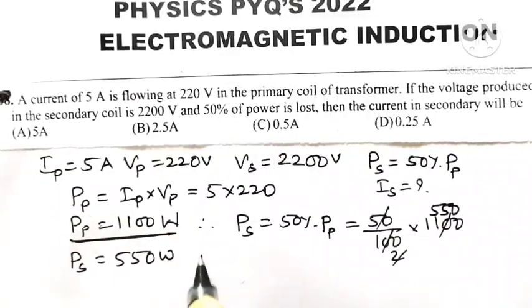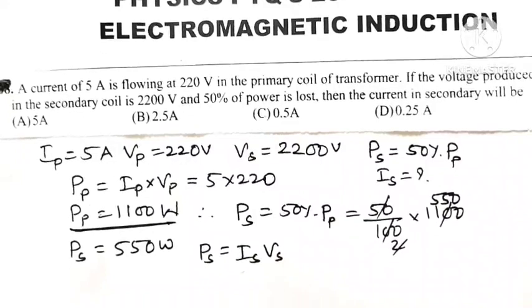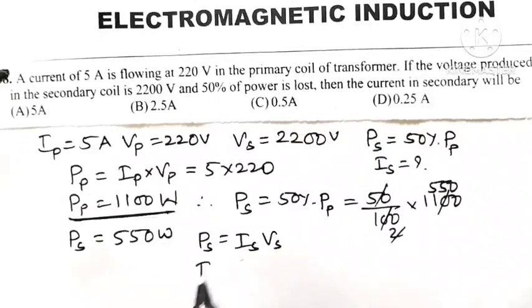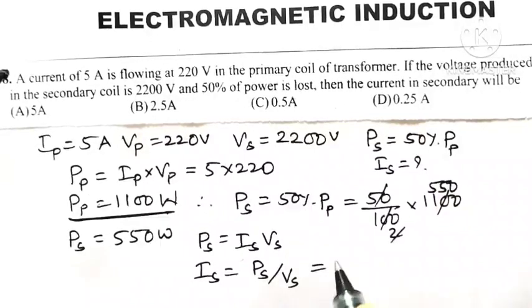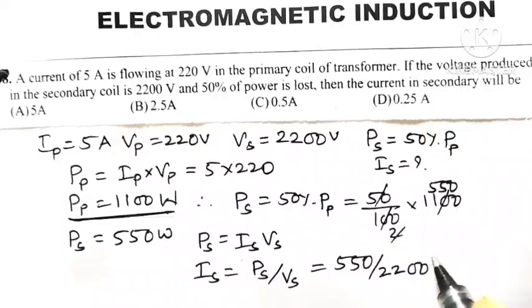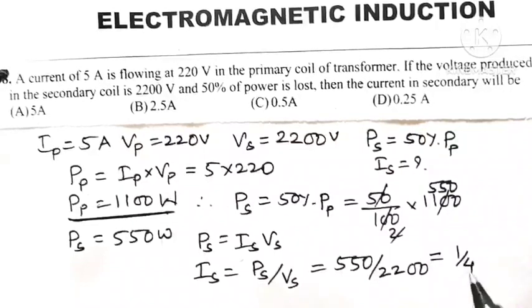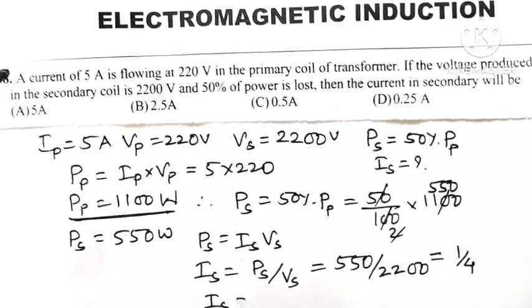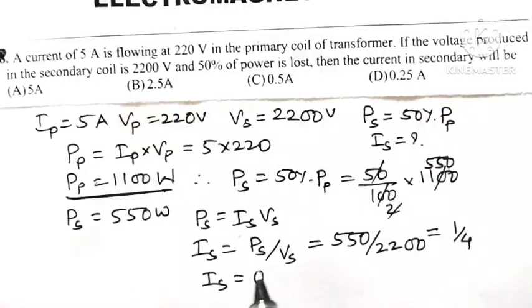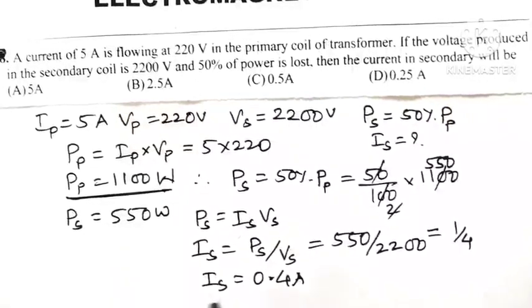But we know that secondary power is equal to secondary current into voltage across secondary, and we are interested in finding secondary current. Therefore secondary current is equal to secondary power divided by secondary voltage. Secondary power is 550 divided by secondary voltage, 2200. So it comes to be 1 by 4, or secondary current is equal to